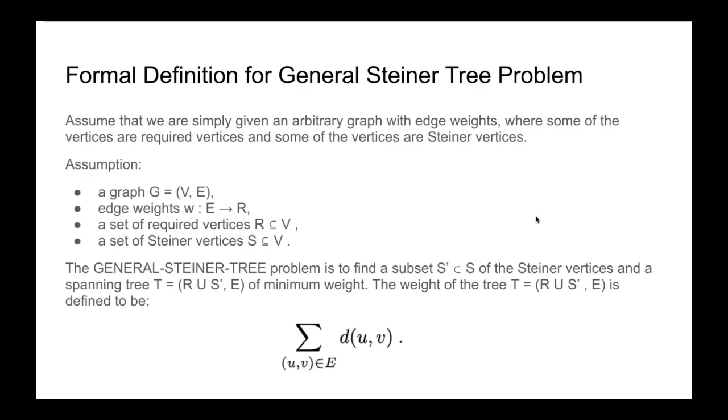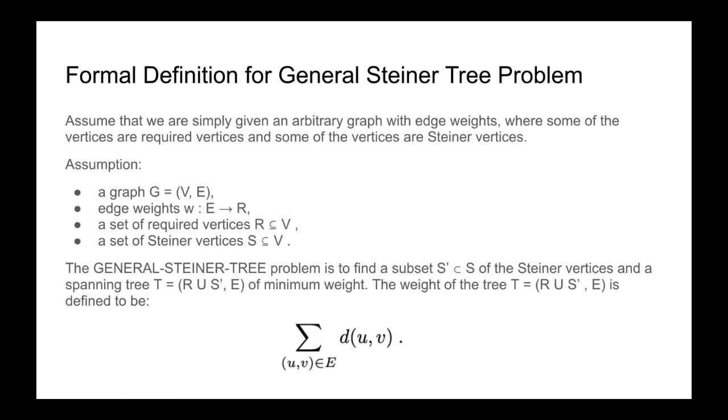So the formal definition of the Steiner problem is like, assume that we are simply given an arbitrary graph with edge weights where some of the vertices are required vertices and some of the vertices are standard vertices. We'll go into detail on what the required vertices and standard vertices are in the next figure. So the assumptions for this definition are: we have a graph G with vertices V and edges E, and the edge weights W, and all the edges span across the required vertices,